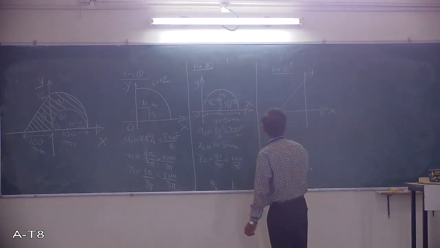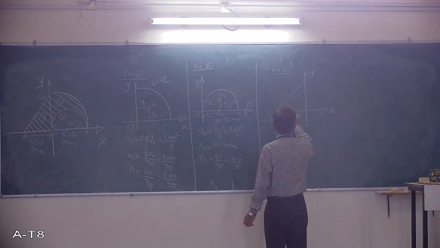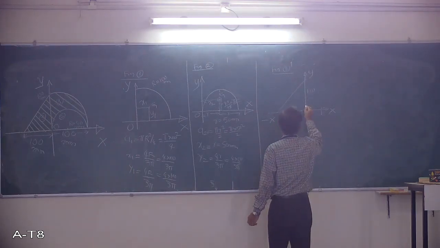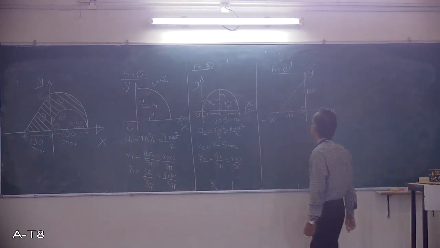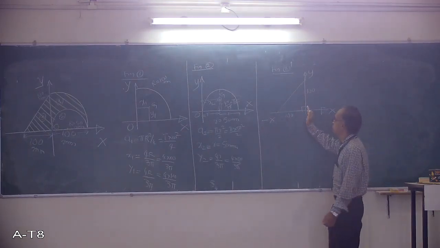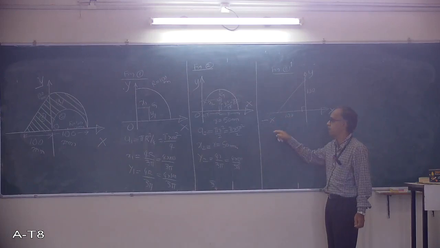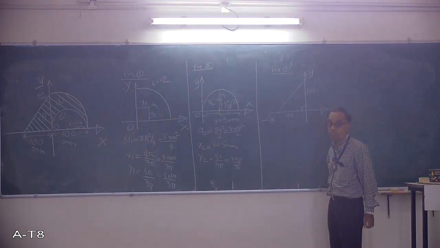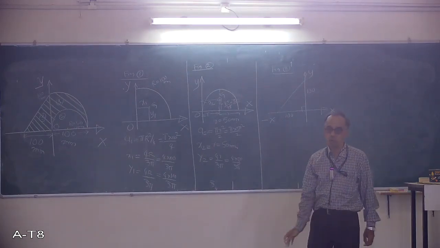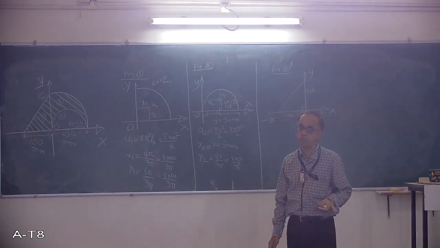Triangle. So this is 100 mm, height is also 100. So this is 90 degrees. What you must remember is the triangle is on the left side of the x-axis, at near minus x. This is very, very important. Any small mistake, the problem will go wrong. A similar type of problem I had taken in the previous one, just go through that.